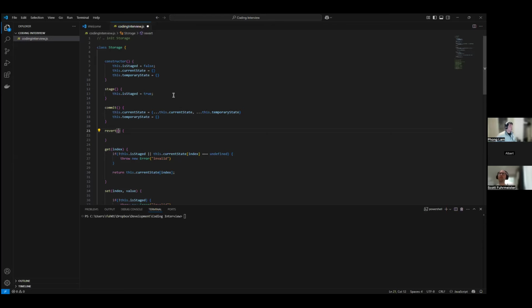If you want to be able to go back and forward, I think the most efficient way, well, you could store it as two arrays, and you could move one from one array to the next.